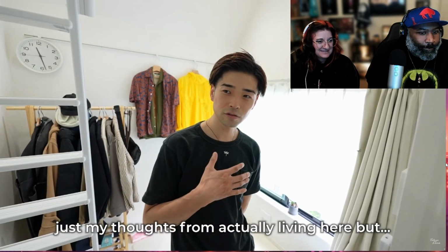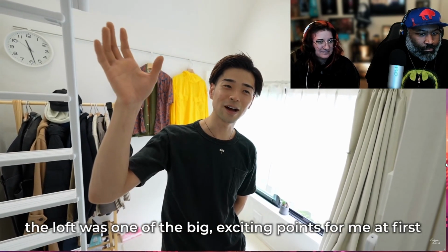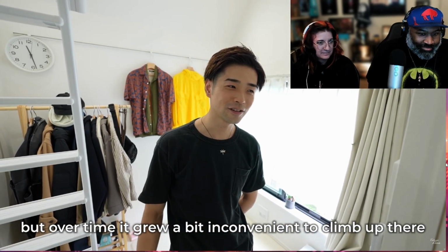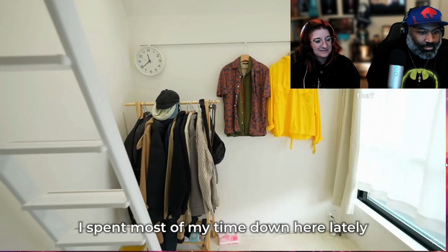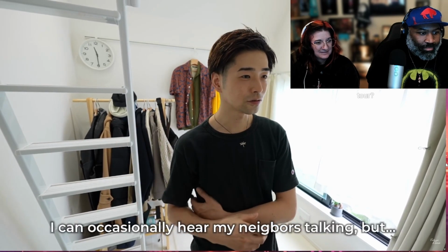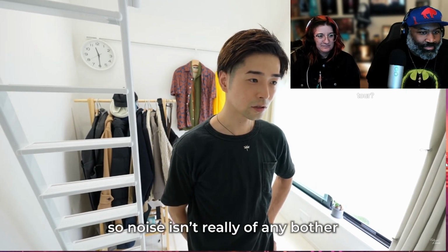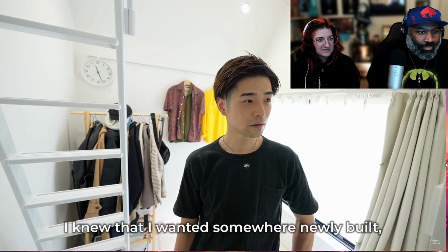まあ僕がここに住んでみての感想なんですけど、まあロフトは最初憧れで楽しそうだなと思って。 Did he get sick of climbing up and down the stairs? やっぱり結構この上に登るっていう仕草がちょっと億劫だなっていうのはちょっと感じてきましたね。 じゃあ最近ロフトあんまり使わない感じ？ あんまり使ってないですね。もうここだけで生活してる感じになっちゃってますけど、薄いと思いますね。壁、隣の人の話し声とか下の話し声とかも聞こえるので。 That's him just saying. That's exactly what that is. それは全然まあ気にならないくらいですね。まあどうせなら新築がいいなっていうので。